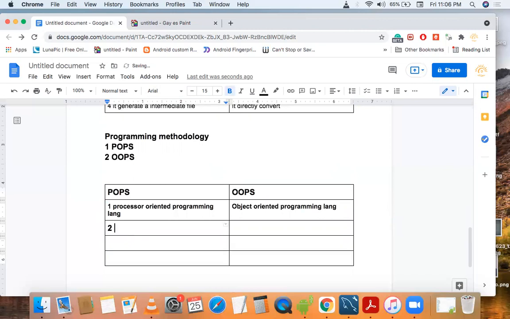The second difference is that execution in POPs is top to bottom, and execution in OOPS is bottom up.